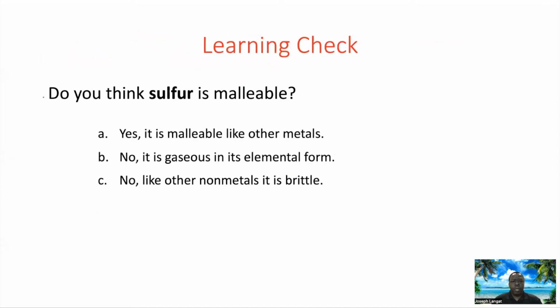Do you think sulfur is malleable? Unless you know what malleable means, you won't be able to really understand this term. Malleable means you can hammer, using a hammer to form thin sheets of metal. And the correct answer is no, the correct answer is C. Like other non-metals, it is brittle. So it's about understanding that sulfur is a non-metal, and a property of non-metals is that they are brittle,